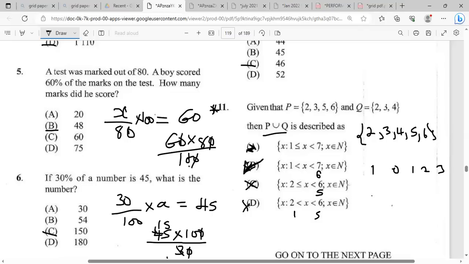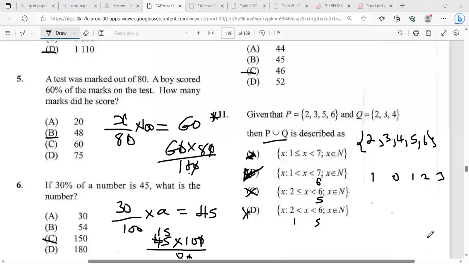I'll go with B as the best option. I wonder if they left off something. All right, so B would be the answer. All right, let's move on to